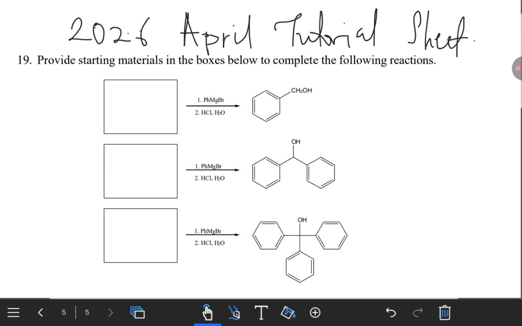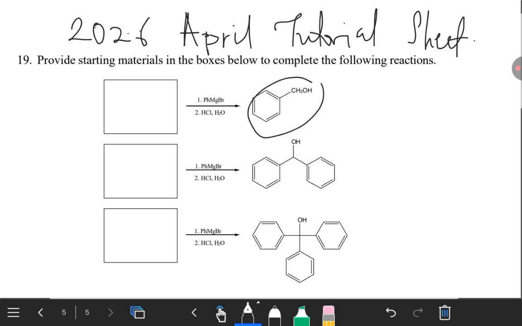Then our reagent to be given is phenyl bonded to magnesium with bromine there. Then the next reagent is hydrogen chloride with water. Then it was given this, the product we have on this side. Alright, so